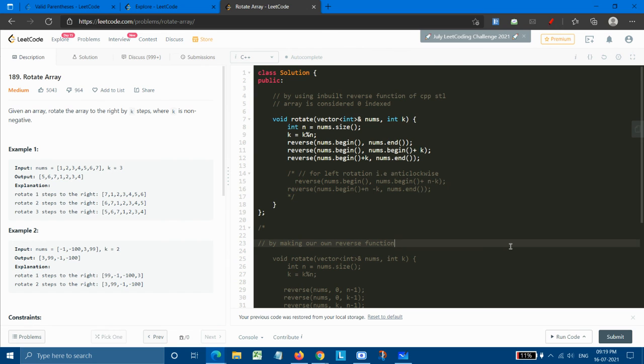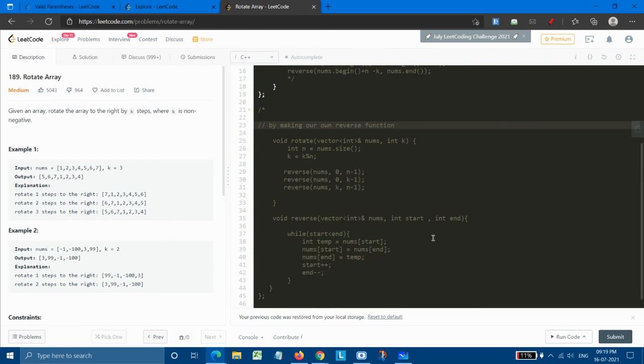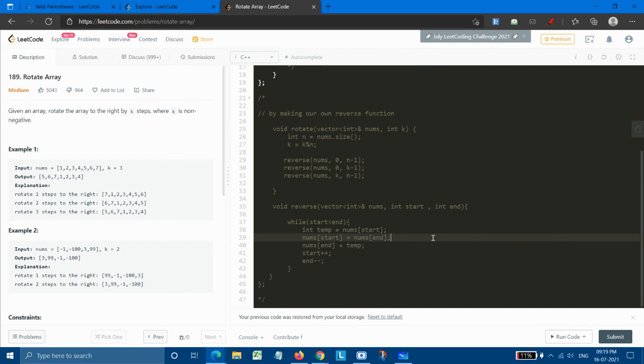If we don't want to use the STL function, then how do we do it? There is also a way we can do it. For that part, things are specifically the same. We need to pass the nums array, the starting index and the ending index. So the starting index was 0 and the ending index was n minus 1. For the second part, it was 0 and then k minus 1. And for the third part, it was k and n minus 1.